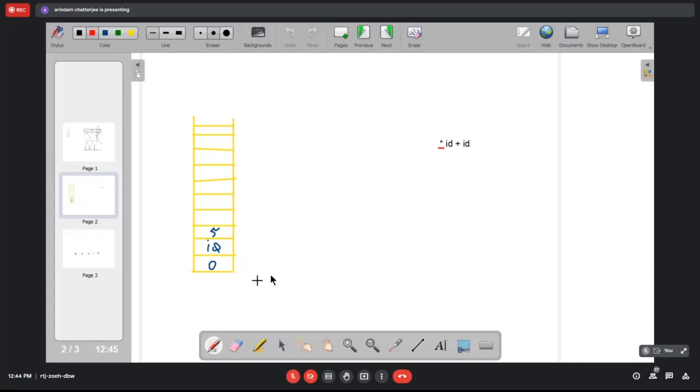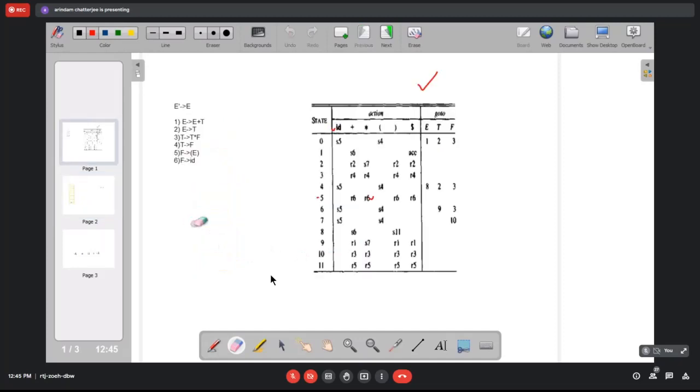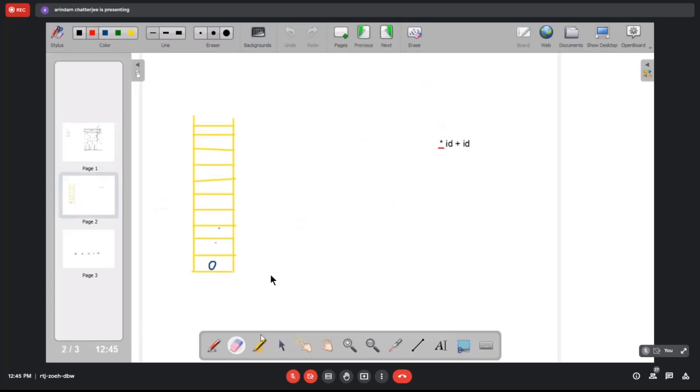We have to pop 2 symbols from the stack. So we have to pop 5, and we have to pop id as well. The reduction rule is F producing id. So we have an F coming now.